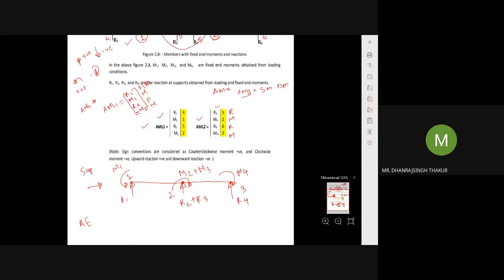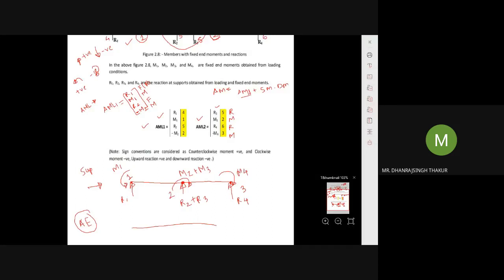So after superimposing all the loads, to get the AE matrix, what do you have to show? You have to show all the loads in the opposite direction. Okay, you have to show the entire load in the opposite direction to get the AE matrix, because it is an equivalent load matrix. Equivalent load means the actual load but in the opposite direction.